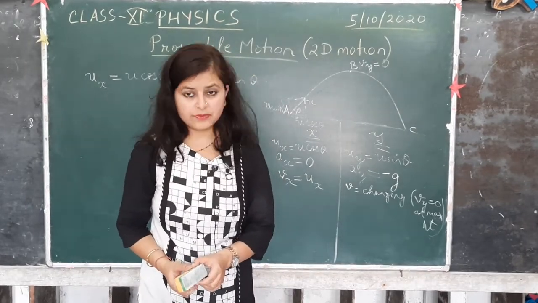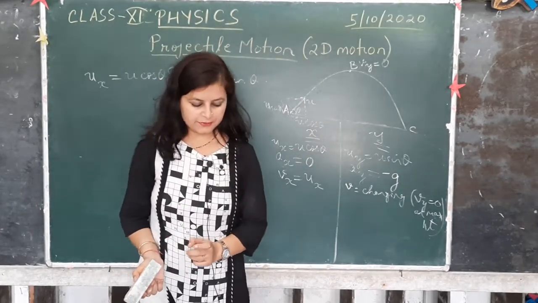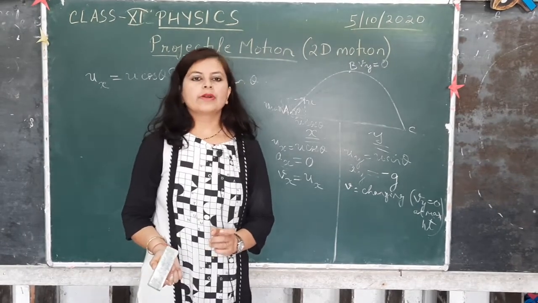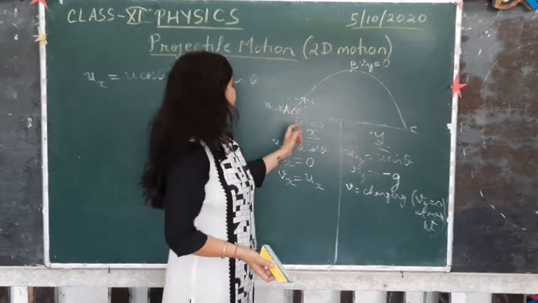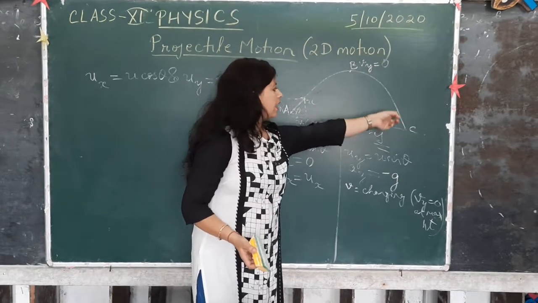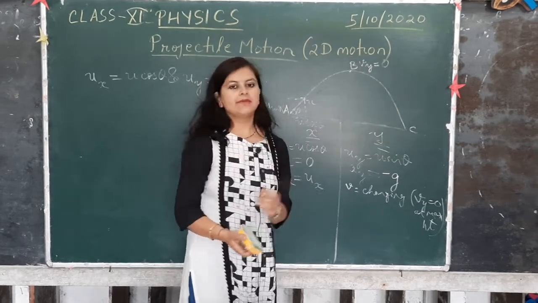All right. Now with this basics, we are now ready to derive a few terms related to this projectile motion. There are 3 terms to be derived. We have very easy derivations if you know these basics correctly. The first one we are going to derive is time of flight. Now time of flight is the time taken by this projectile to complete one round of motion. That means while coming from A to C, how much time does it take?